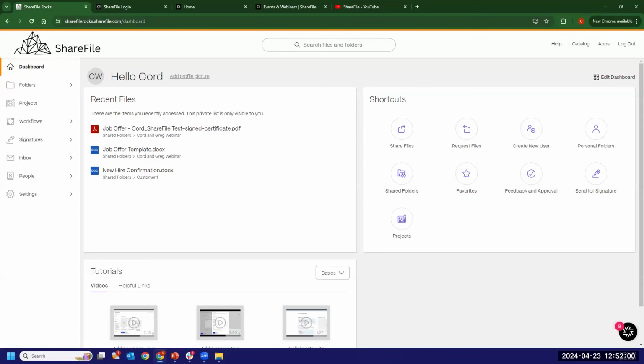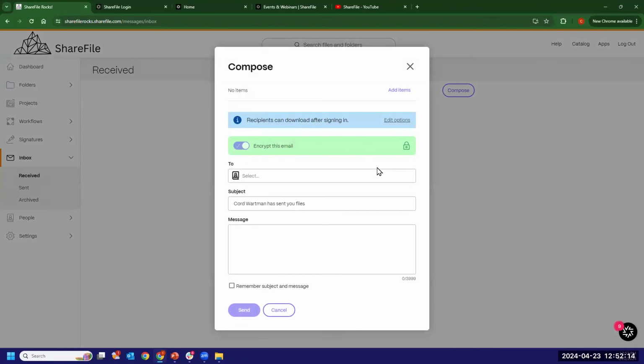So I'll take that. I don't think John is on voice here, but for email templates, Cord, if you bring up, go into maybe inbox and do a compose. There is an option here for remember subject and message. If you do have something that you send quite often, you can do that, but there's not going to be a place within ShareFile to manage